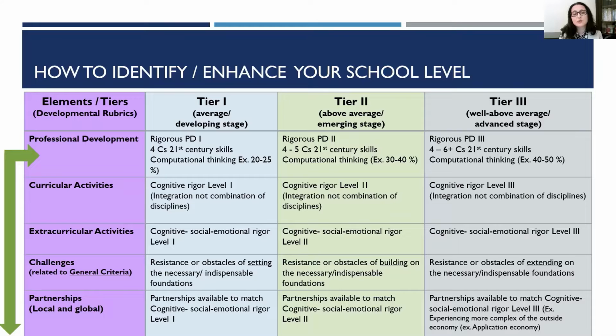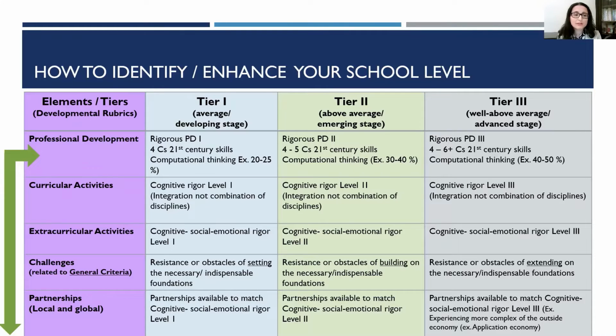So for example, we can start with computational thinking only for 20 to 25% of our staff. With tier 2, we can add this percentage to 30 to 40, and then with tier 3, 40 to 50, etc., because we will be definitely moving from one tier to another. We can even start with only the ICT teachers, although computational thinking now, as a 21st century part of computer science, is a necessity to all teachers. It can be done on a basic level. So this is regarding professional development.